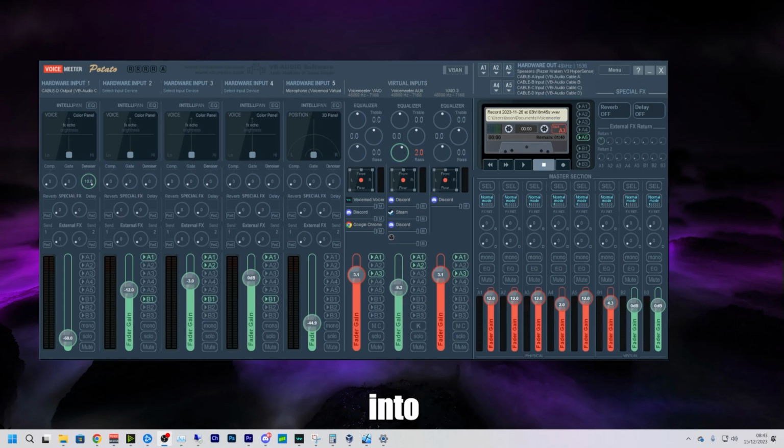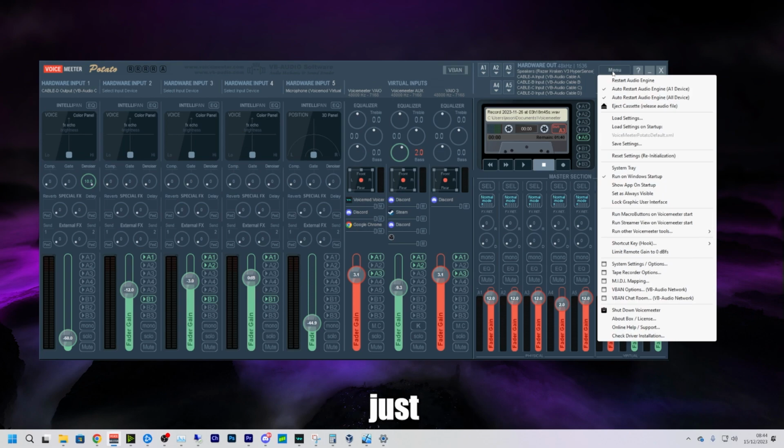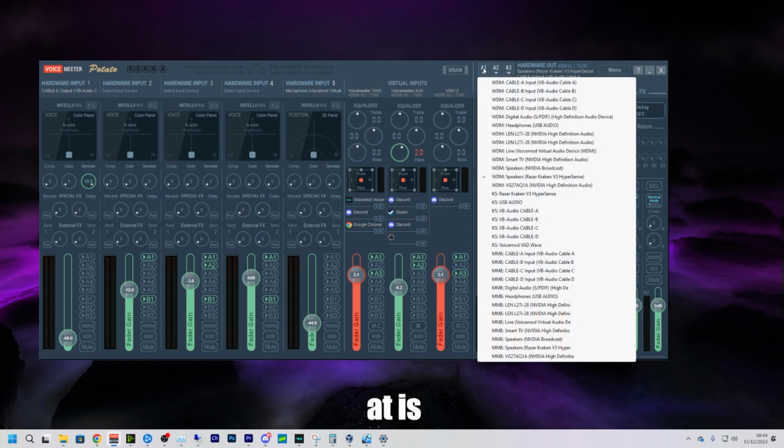So let's get into some tips and tricks that can help if you start getting some kind of static in your headset, or when you're streaming it might start not sounding quite right. First thing, if it does ever happen and it's just a quick fix, restart your audio engine, it will fix it straight away. But one thing to look at is